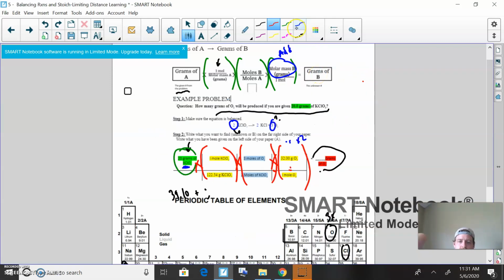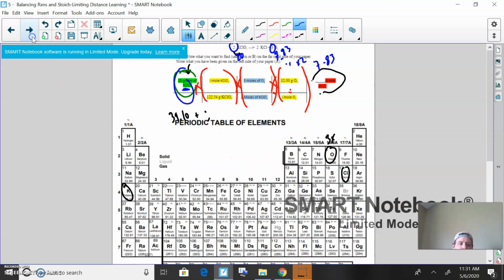7.83. Bingo. What it means is if you put in 20 grams of potassium chlorate, you're going to get 7.83. Pretty useful for us in chemistry to be able to say that. All right. We'll do another problem here